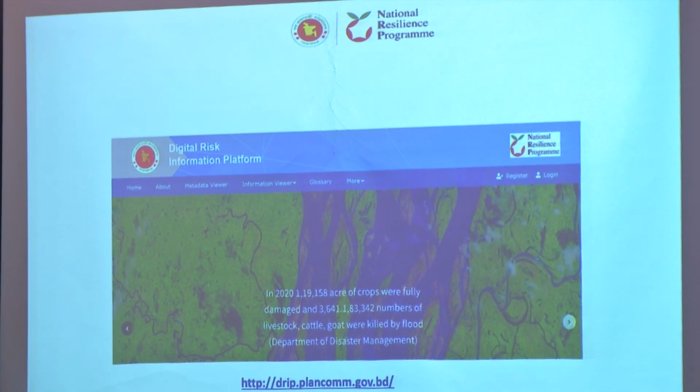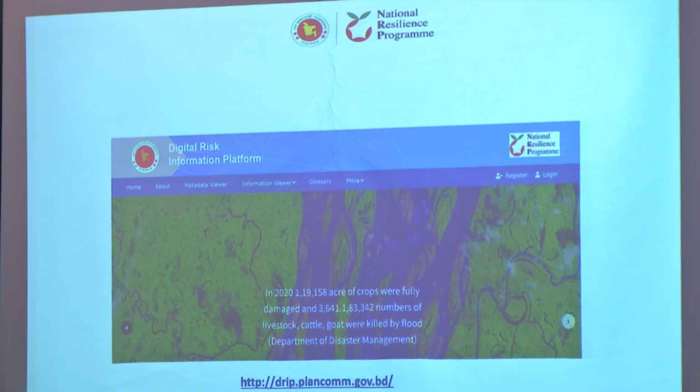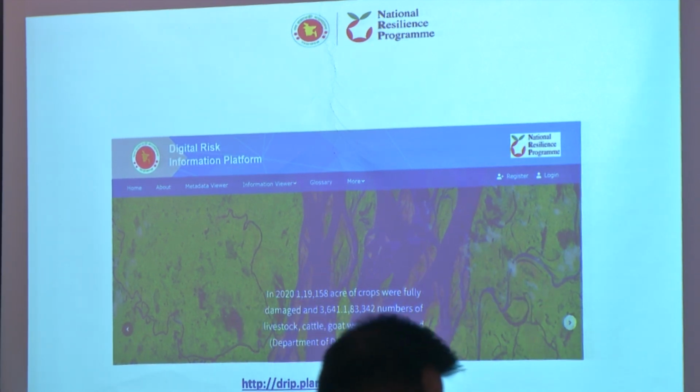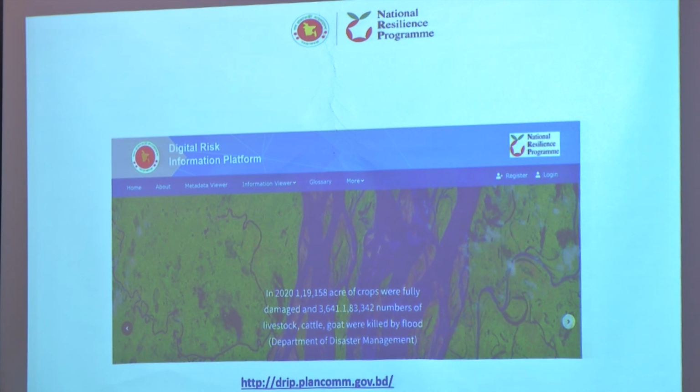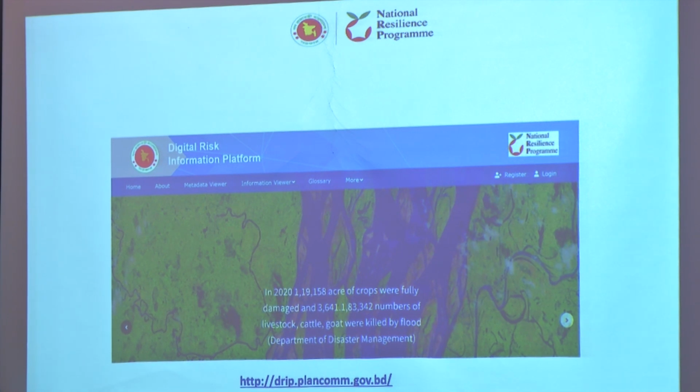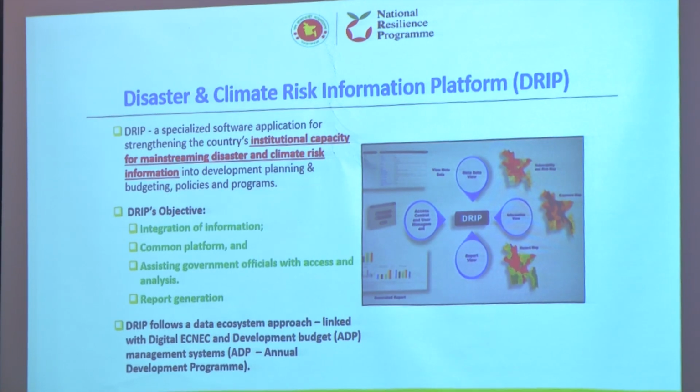So we're trying to collect all those data and prepare them for the government, so they can generate a report and attach that report to the development projects. The decision makers or the reviewers who review these development projects can then see what the hazards are in that particular area which are going to impact the proposed development projects. I'll visit that link later and show you how this works.